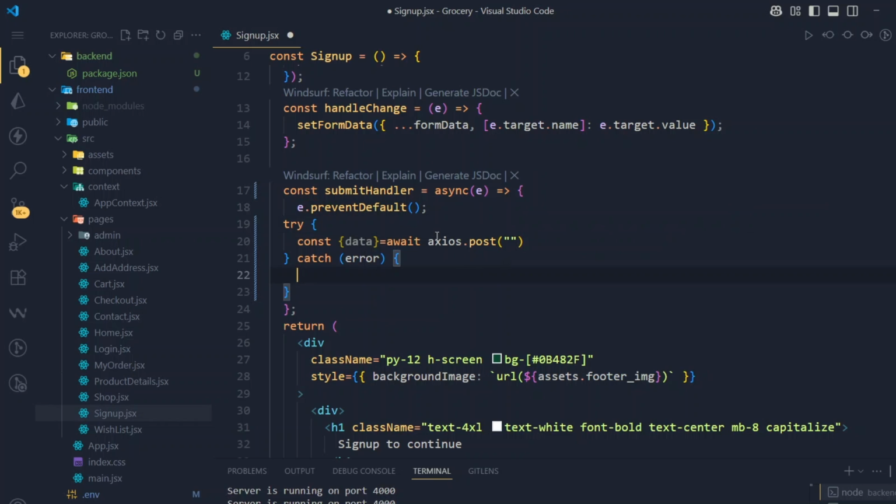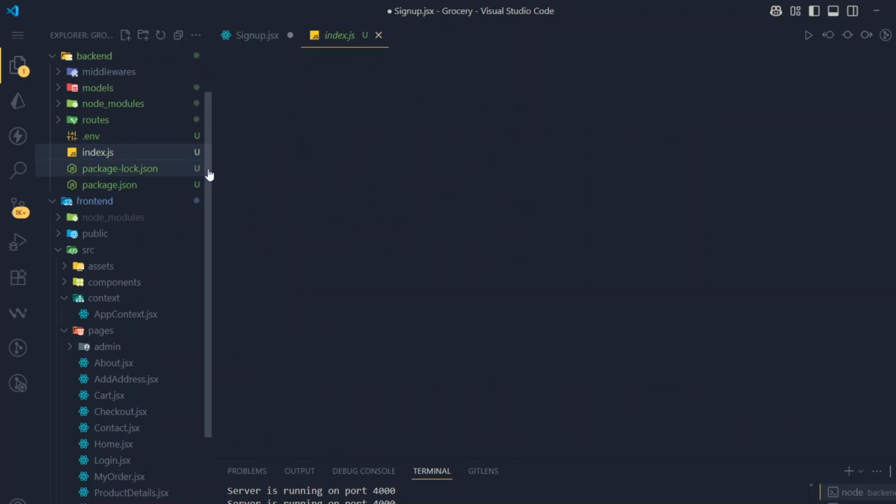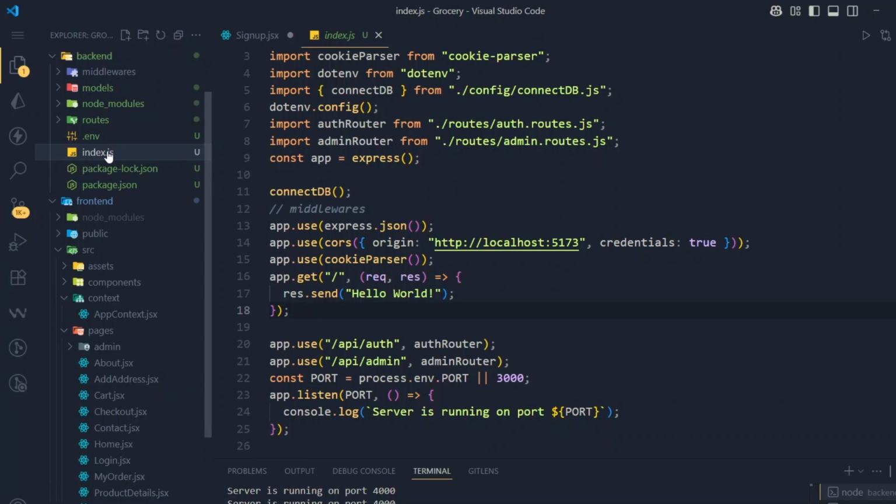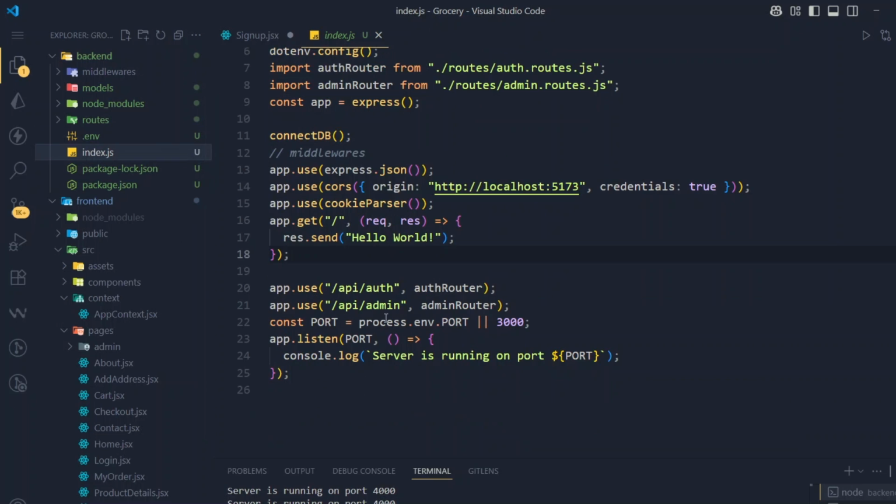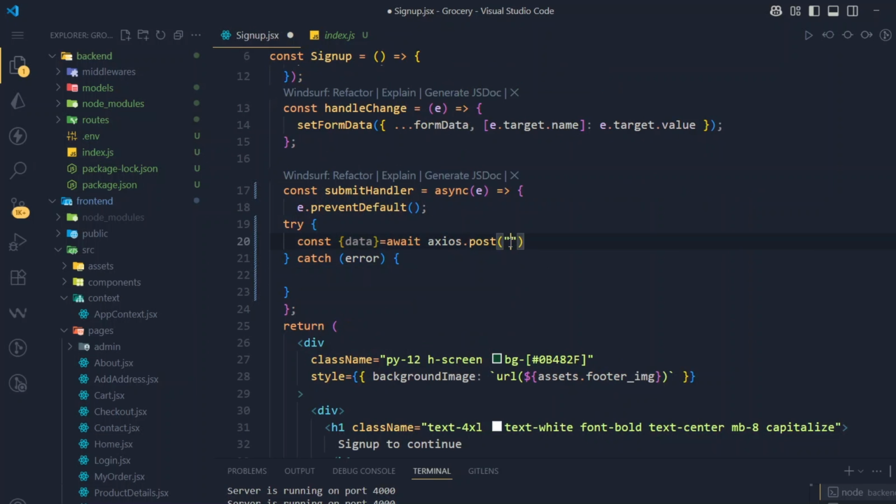So our base URL is already done in our env file. We just need to write here our other URL like this. I am going to show here is our index.js file. You can see here we have this /API/auth. I will just copy this and paste inside this like this, and in front of this I need to go